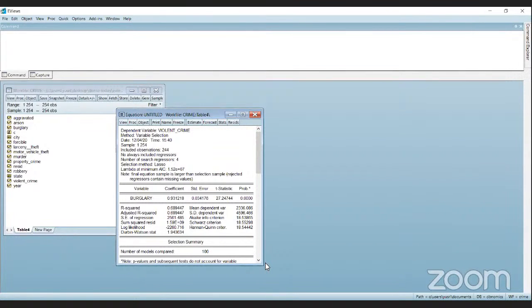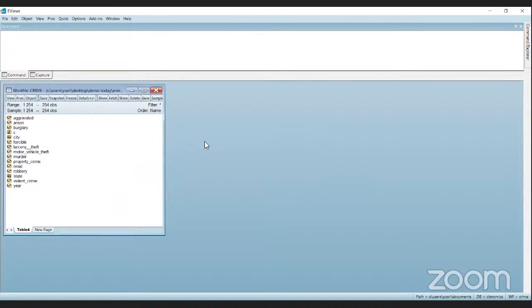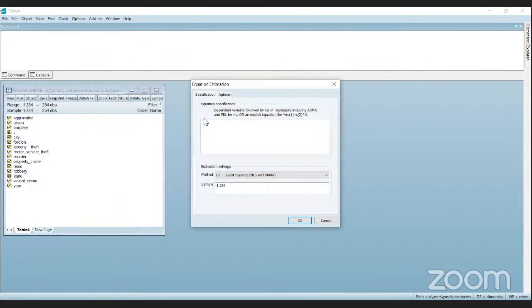All right, then I will show you how you can check for the existence of outliers, which is using the saturation method. So to do that, I close this first. Okay, so I will be using the same data, which is the crime data. So to do that, click estimate equation and put in some equation, for example, like